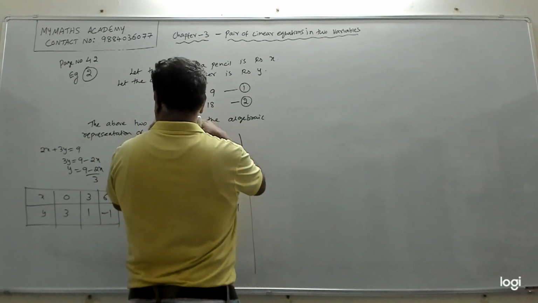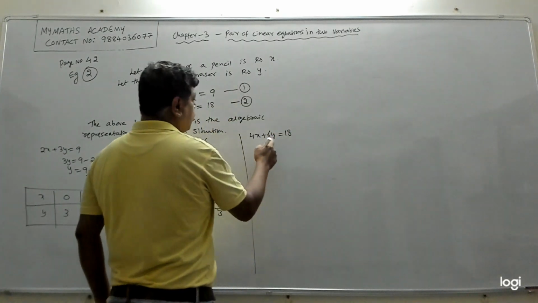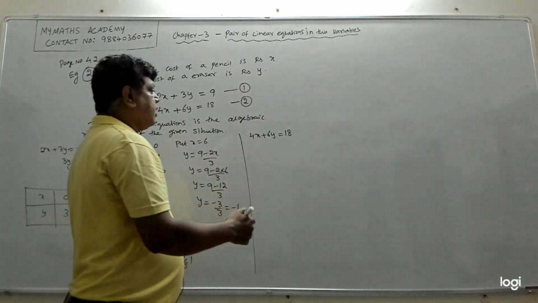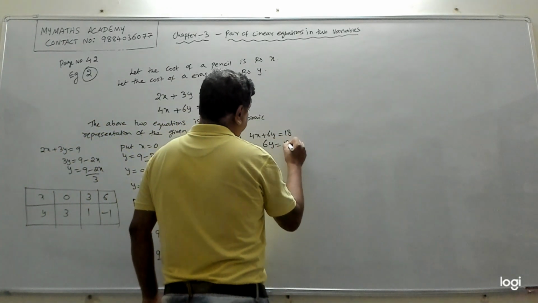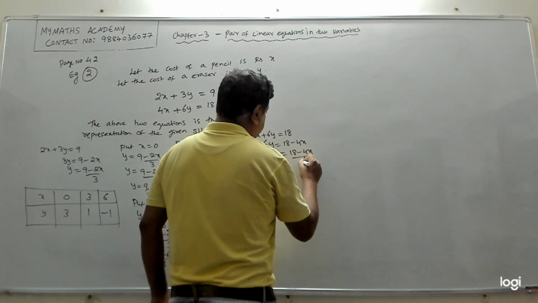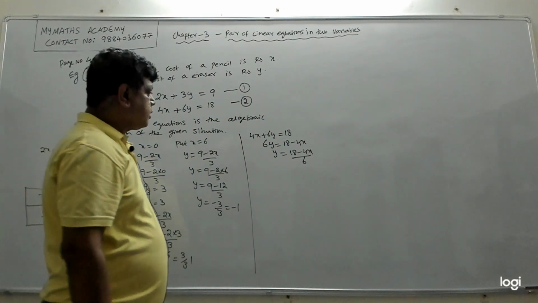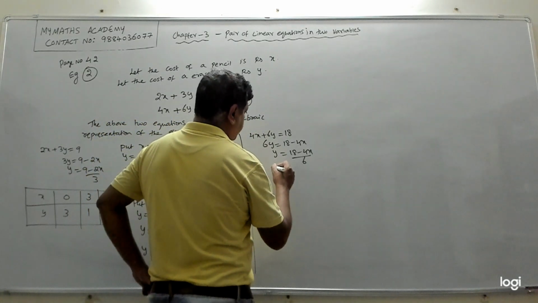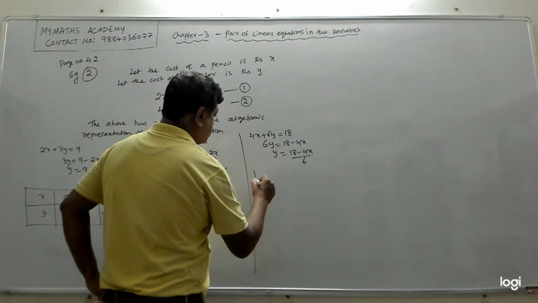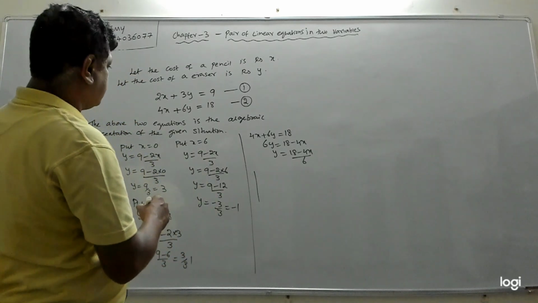So here also we have tried writing one equation in terms of the other, but none of them has a coefficient of 1 or minus 1. So which means you keep y here and move everything to the other side. So now I will get 6y equal to 18 minus 4x. y is equal to (18 minus 4x) by 6. Now we'll have to put the box. Let's put the box. Not sure if I will have space to do my graph. Okay, no problem.